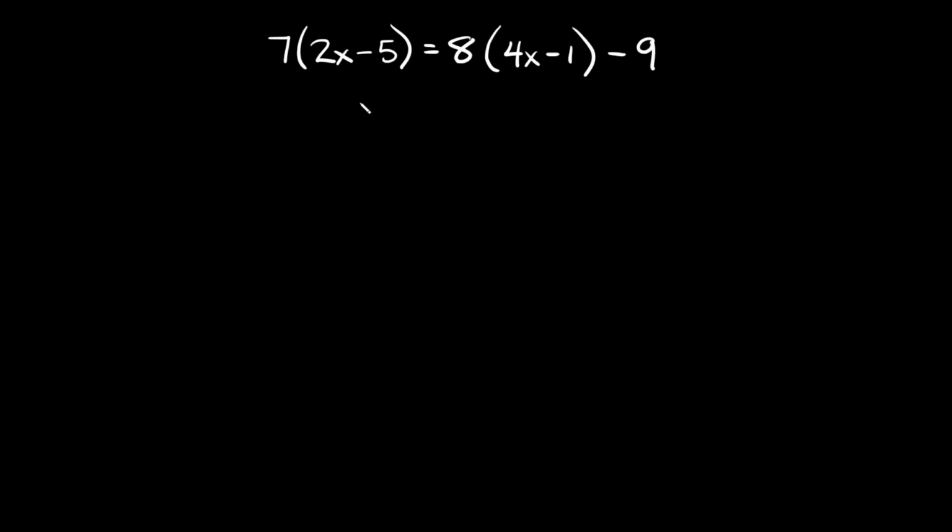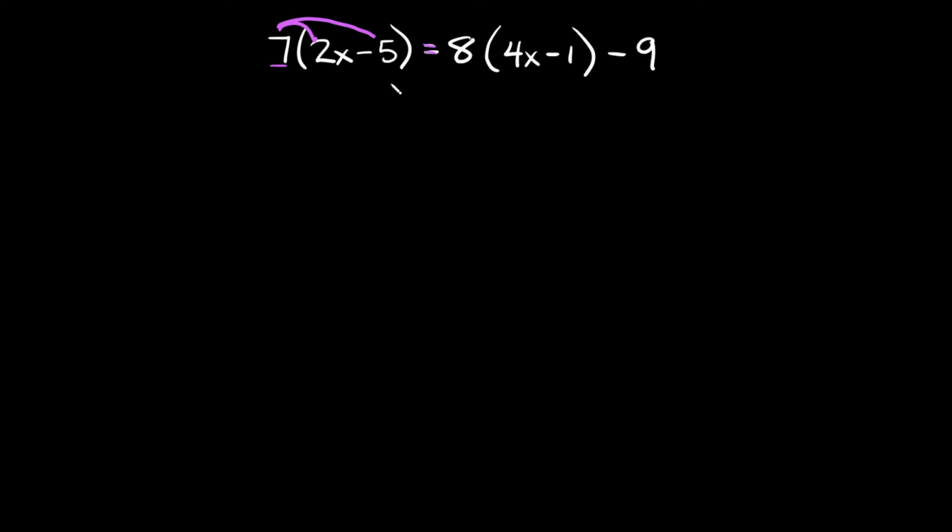So in this video, I'm going to teach you how to solve an algebraic expression that requires some distribution. As you can see, we have a pair of parentheses on each side of this equal sign, right? The first thing you're going to do is distribute. Okay, so starting on this side, we're going to take this 7 right here and distribute that to the 2x